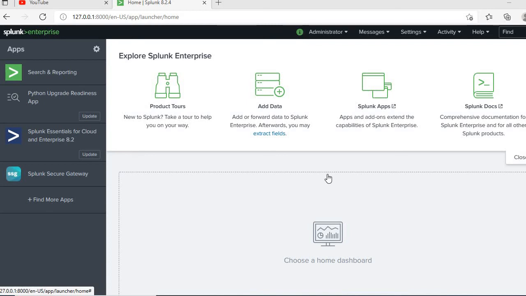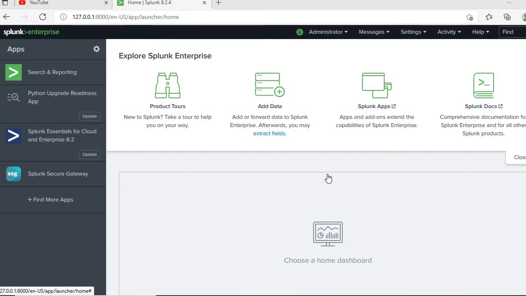In this video I will try and show the components of Splunk, basically how it looks and what activities you will be performing in Splunk. If you are someone who started learning Splunk recently, and you've installed Splunk for the first time, this video will help you understand the complete details about the Splunk GUI, the graphical user interface.